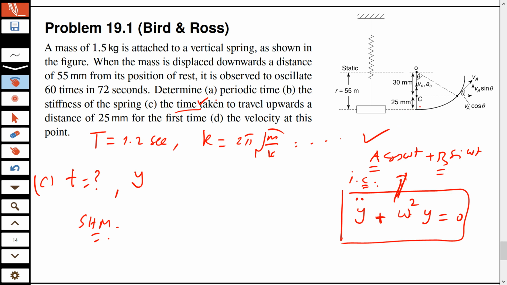So since we have to calculate the time from here, the time taken to travel upwards, you have to start the time from here. So if you call this time zero, then at time zero the displacement y naught at time zero is 55 meters, which is equal to r as well. Okay. And because this is the full displacement possible, so